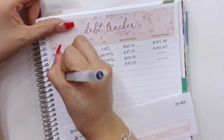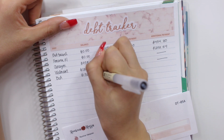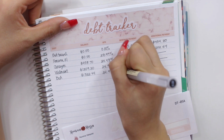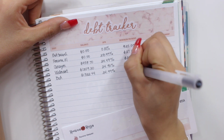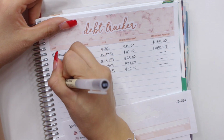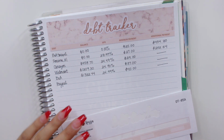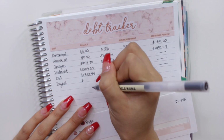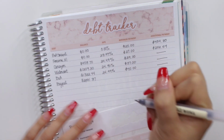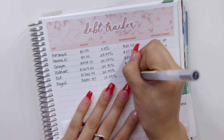Next, I have my other Bank of America card. For this one, my balance is $1,322.44. The APR for this one is 24.99%. Minimum payment is $40 and no additional payment. And then last but not least, I have my PayPal credit, which I can't wait to start tackling. For this one, my balance is $2,891.87. The APR for this one is 19.99%. Minimum is $87